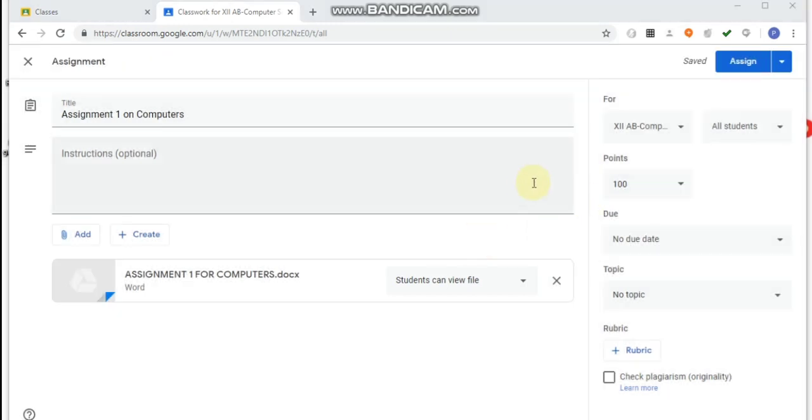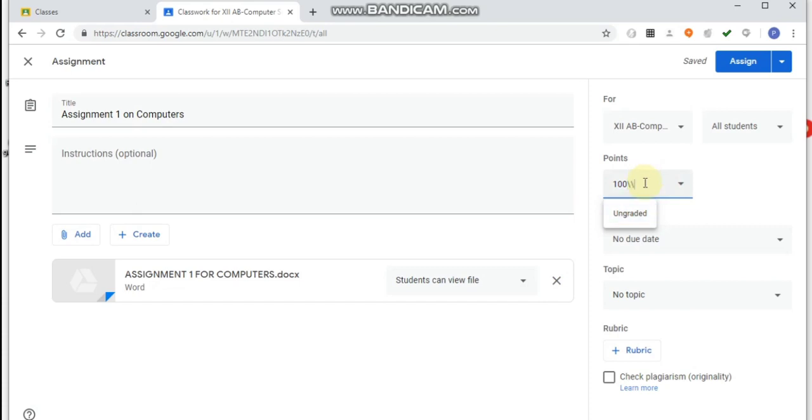Now after pressing this got it button, now you have to mention the points you want to grade it, ungraded you want to keep, or you want to give certain points to that assignment. The students will be assigned certain points after working out that assignment. That you can do.